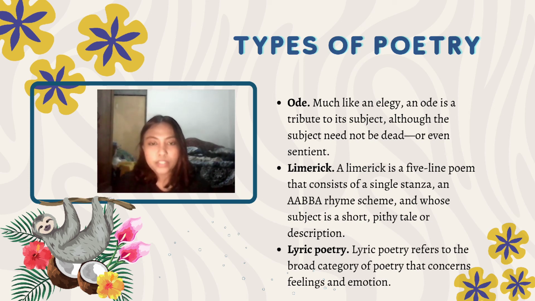A usual ode is used with elaborate patterns of stanzas. However, the tone is often formal. A salient feature of an ode is its uniform metrical pattern, but poets generally do not strictly follow this rule, though they use highly elevated themes. A limerick is a poem that consists of 5 lines in a single stanza with a rhyme scheme of